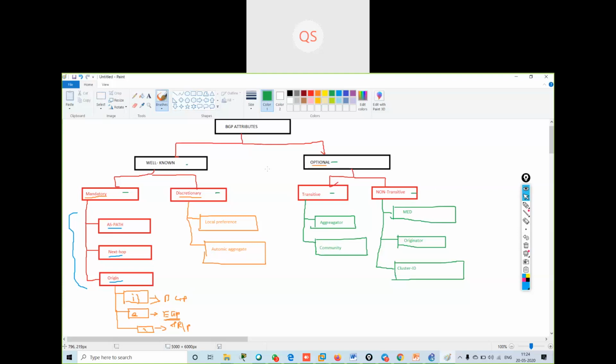Now I will give you a brief about all the attributes. What are well-known attributes? What are well-known mandatory attributes?